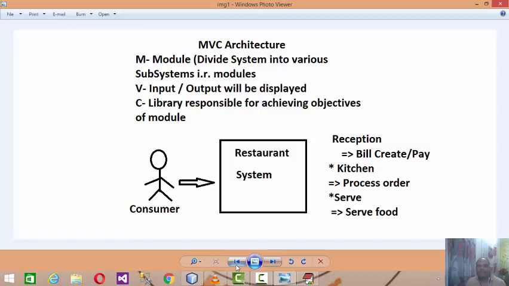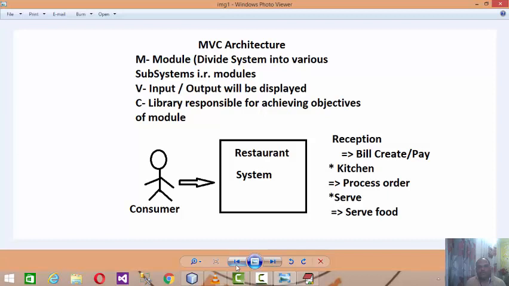As I just explained, M stands for module. It means we have to identify how many subsystems are involved in that particular system. Obviously, when you are designing software, you are actually designing a system. So how many subsystems are involved in that system, those are called the modules.